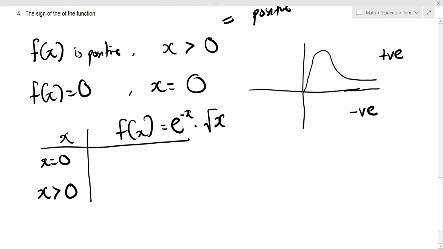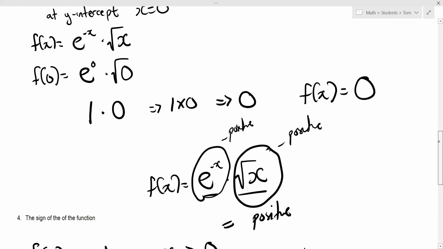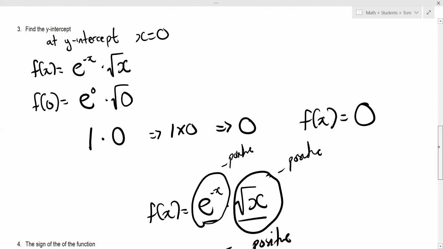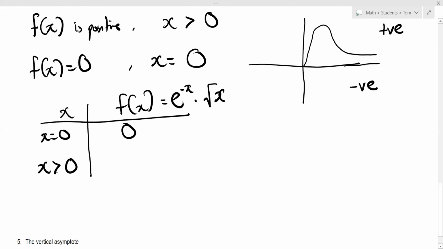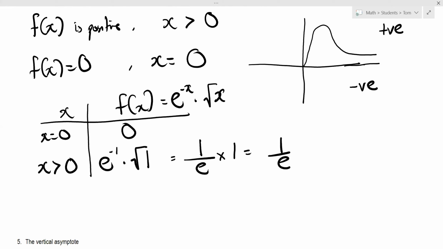We tested this before in question 3, and we still got 0. When x is greater than 0, you can pick a number. I'll just pick 1. So that's e to the power of negative 1 dot square root of 1. Now what's e to the power of negative 1? That will be 1 over e, times square root of 1 which is 1. Now we have 1 over e, which is still a positive number. So the actual value of 1 over e